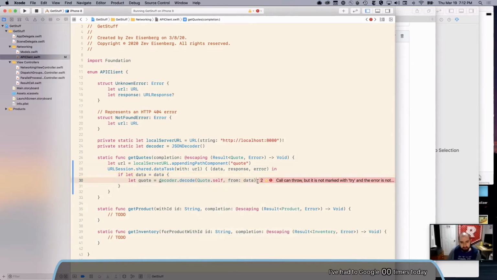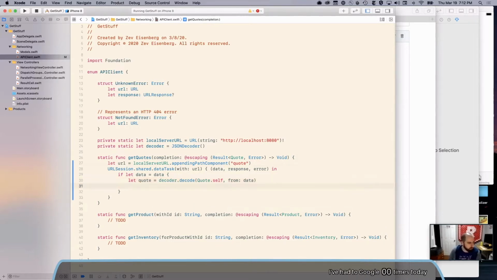And that's going to be a little grumpy because it wants to be able to throw an error, and it's not inside a do catch block right now. But that's okay because I'm about to wrap it in a result, and a result can actually grab that error for us. So I'm going to pretend this line is okay. You'll see why in a second. And I'm going to try calling our completion handler. So remember, this was the closure that was passed into this function, and it's saying, hey, please go get me some quotes. Should really be get quote. Please go get me a quote. And then when you're done, call whatever I handed you. So I'm going to call that completion, and it takes a result.